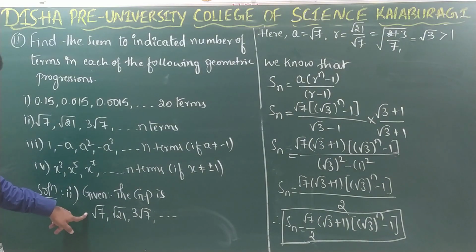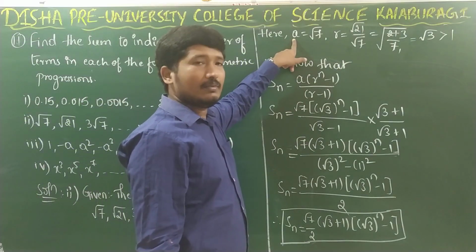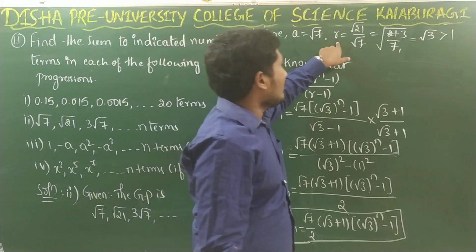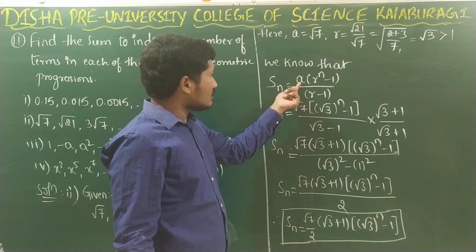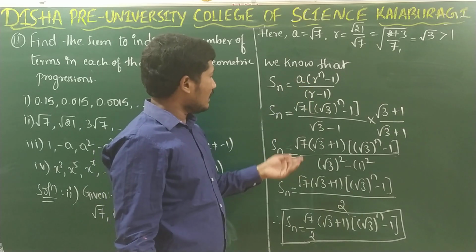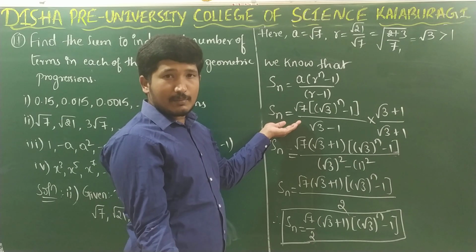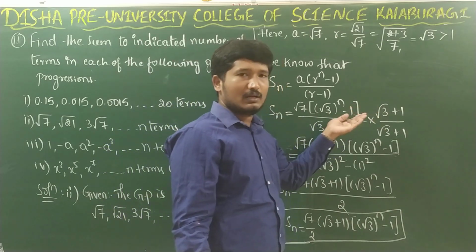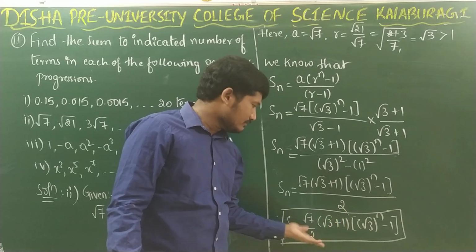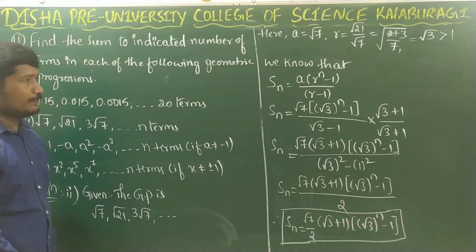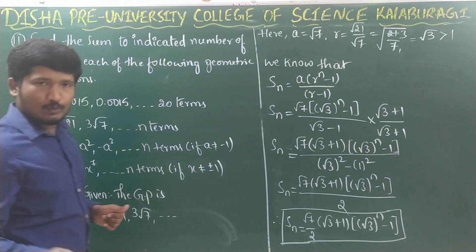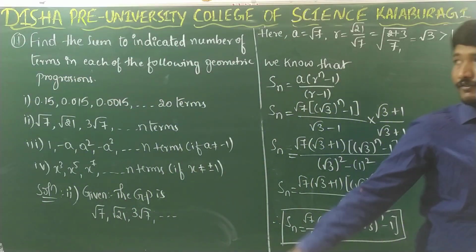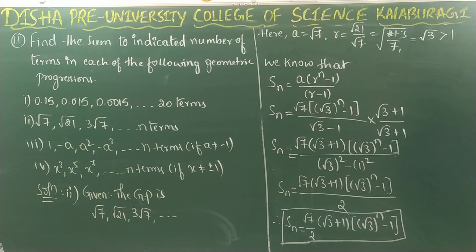What did we do? From the given GP, we have written the first term as well as the common ratio. The common ratio is greater than 1, so we are using this formula. Substitute the value of a as well as r. I have substituted here. Next, I am just rationalizing the denominator and further simplifying it to this term. So I hope you understood this. Alright. So now these two questions, that is the third and fourth question, will be for your home assignment. Now we will move on with the next problem.